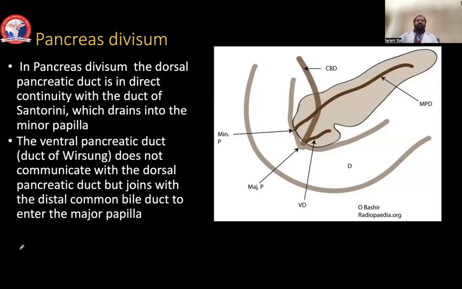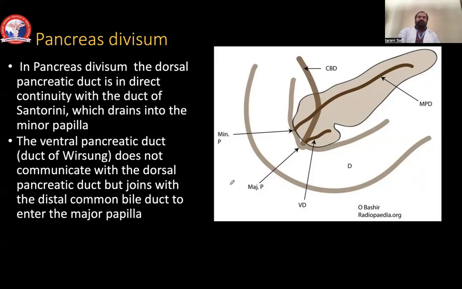Pancreatic divisum. In pancreatic divisum, the dorsal pancreatic duct is in direct continuity with the duct of Santorini, which drains into the minor papilla. Ventral pancreatic duct does not communicate with the dorsal pancreatic duct and joins with the distal common bile duct into the major papilla. This is a cross image which shows the main pancreatic duct directly